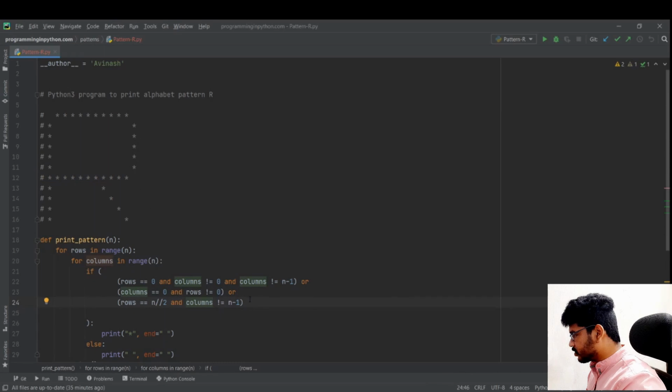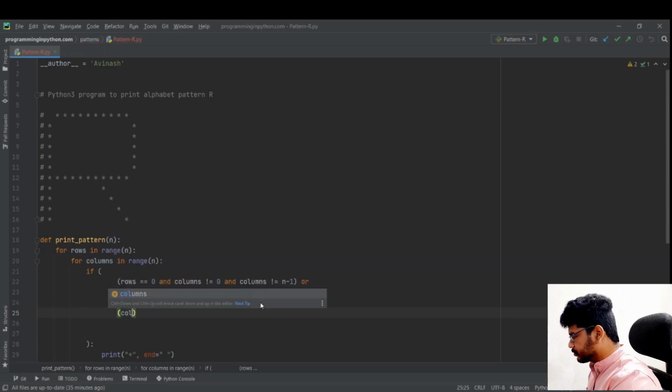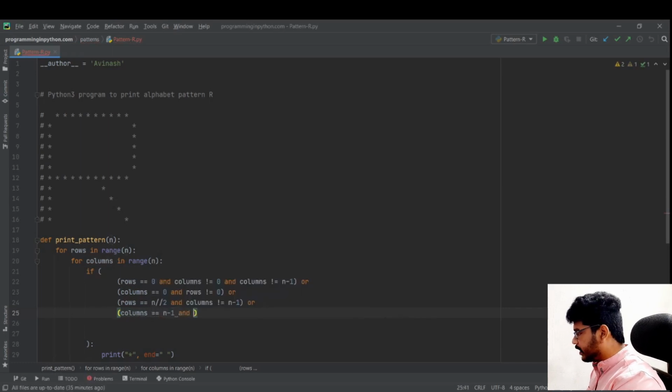Next we write the last column. So there should be an OR here. Column equal to n minus 1. That is the last column. And row should not be equal to the first row, so that we can omit this, row not equal to 0.